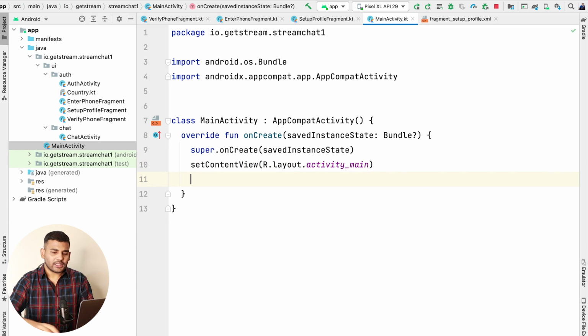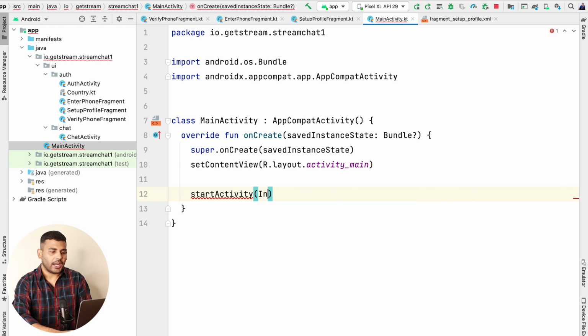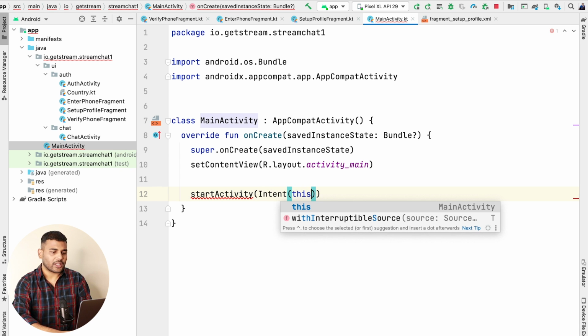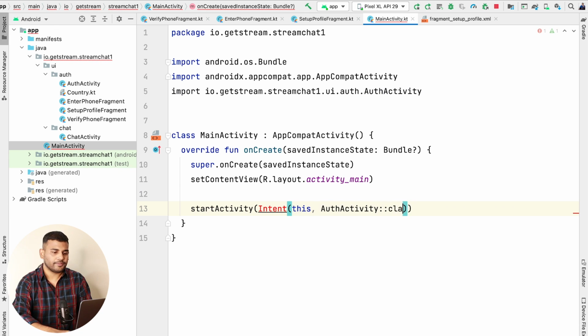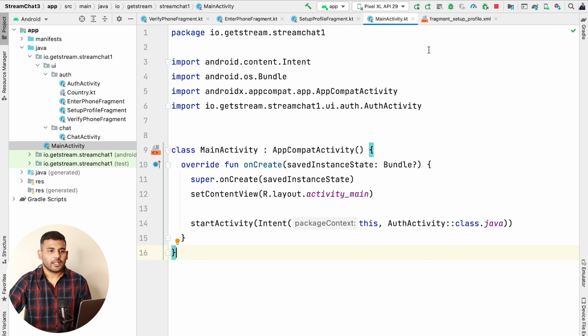So what I will do is I will just write a simple code, that is startActivity, and then I will pass an Intent. For the first parameter I will pass this, and for the next parameter the activity that you want to open. In this case it is AuthActivity::class.java, and we need to import the Intent, and that's it. Now let's run the application again.